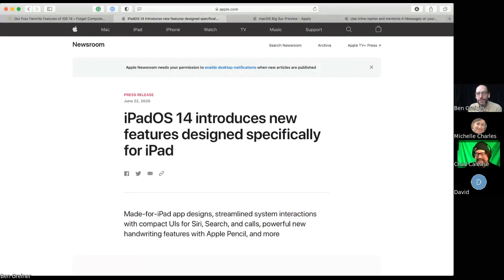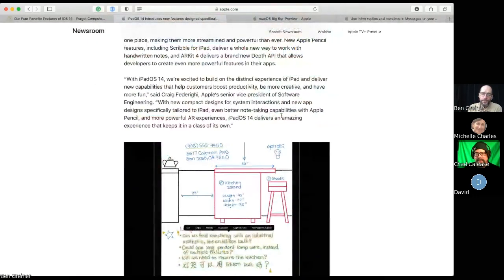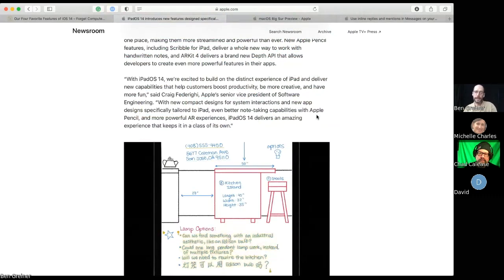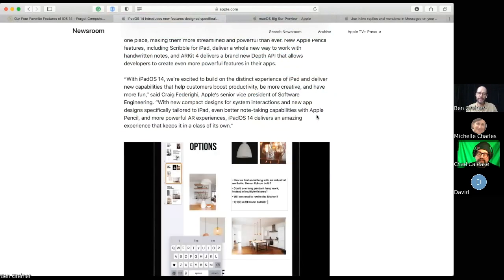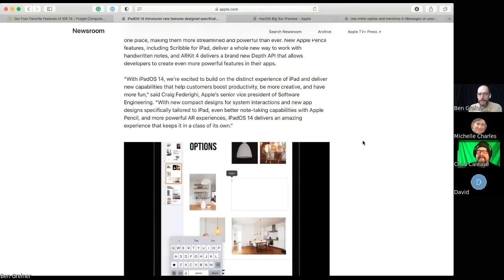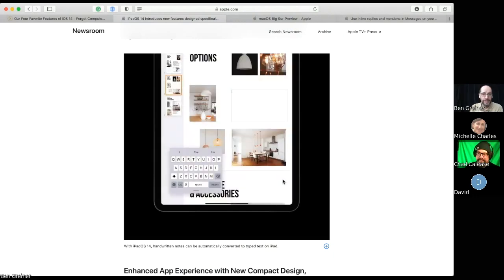So just to wrap this up, the other thing about iPadOS 14 specifically was all the new features with Apple Pencil. I don't know how many people watching this or listening to it have an Apple Pencil. I have one, and I play around with it now and then. Some days I think, oh yes, this is awesome, this is the future. Other days I'm like, I'm just faster typing, and I won't last very long with the pencil. But the things that they've done with the pencil are pretty amazing. You can write and basically copy and paste as text.